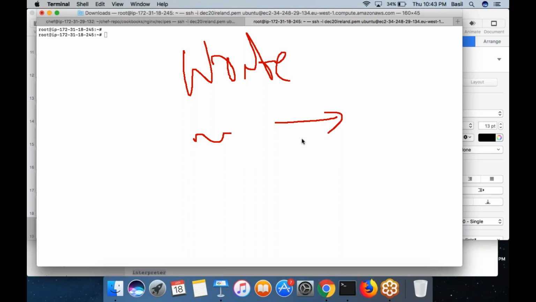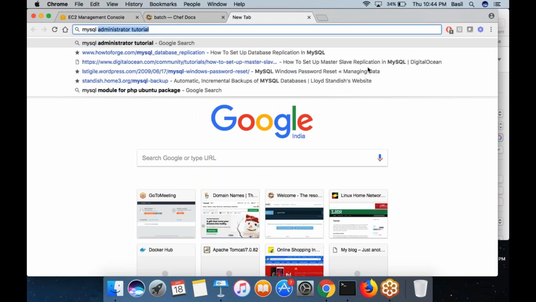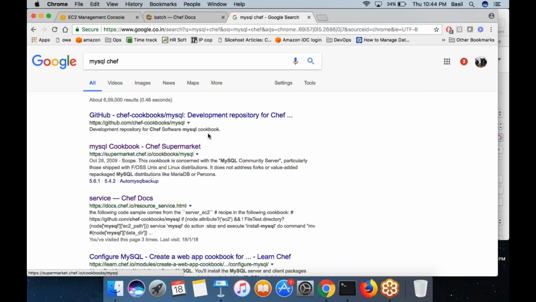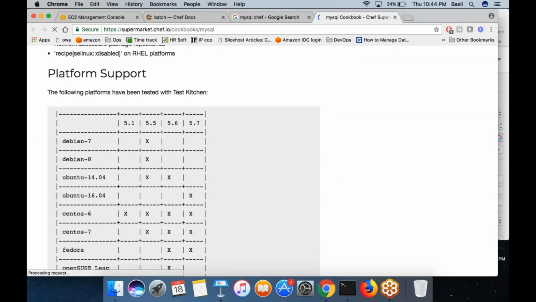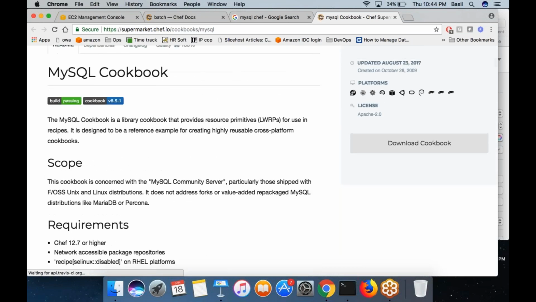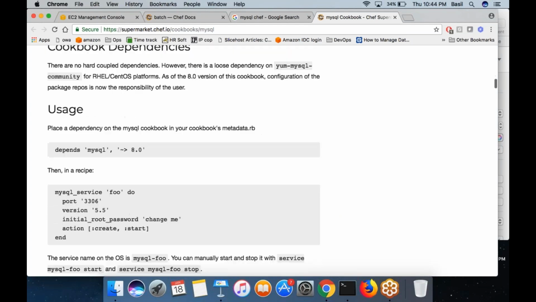Actually, if you want to run any MySQL command, I think you can do that using Chef, but... There is something called MySQL cookbook, but I don't know if you can run SQL queries. I don't think you can.